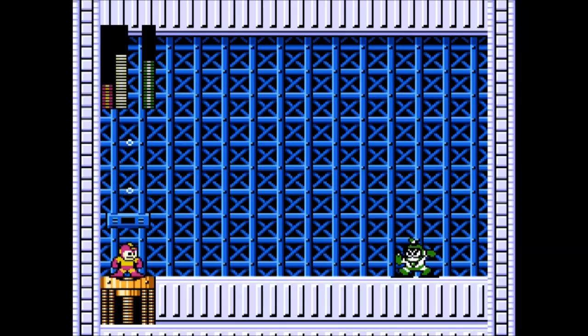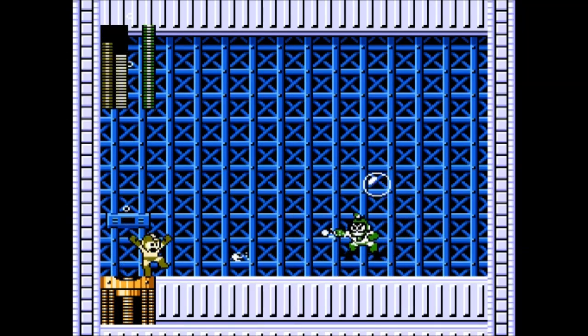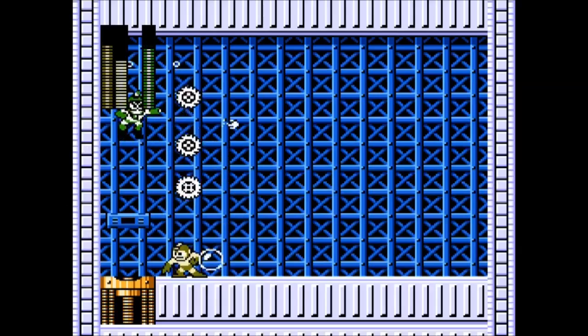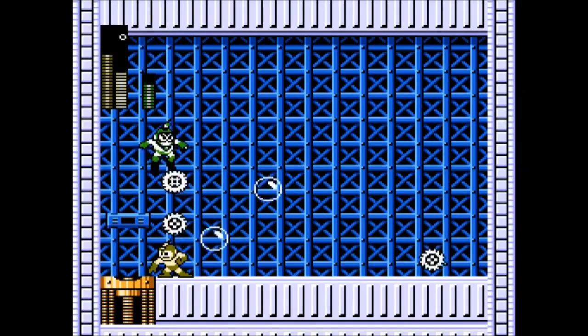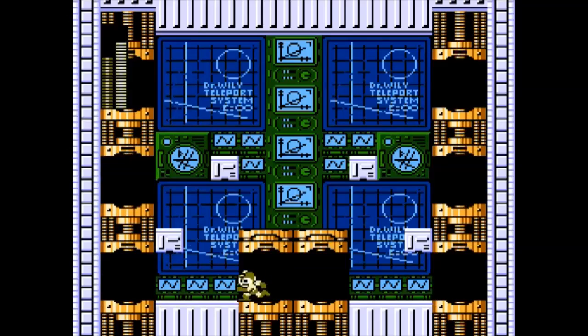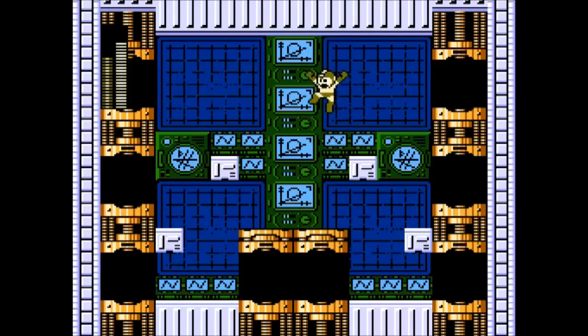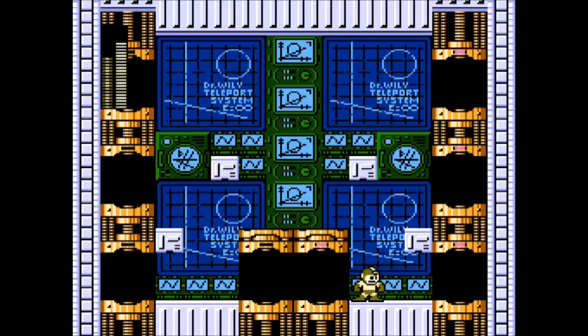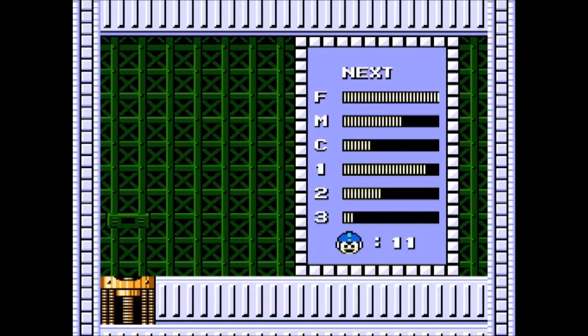Bubble Man! Bubble Man, you want to use the Metal Blade. And just pretty much spam it. He will die. I promise you. Kind of do want to have the Metal Blade, though. You don't want to waste it too much, because you will need it for this door that's about to pop up here in just a second after we complete all of these levels. And then here we have...